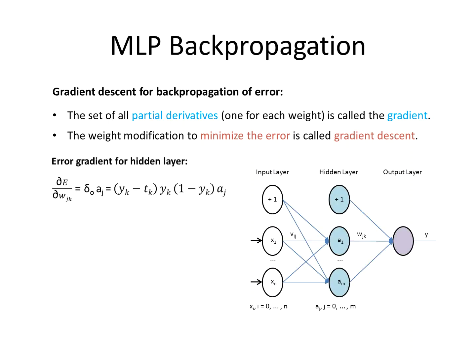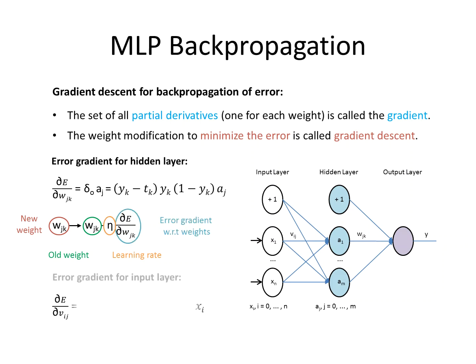Here, for the error gradient for the hidden layer, now that we have got the output, we need to move from the backward direction so that we can modify the weights. For that, the error gradient will be calculated by this formula, and after the error gradient calculation, we can modify the weight with this rule, where this is the new weight, this is the old weight, this is the learning factor, which I'll use as 1 for simple calculation, and this is the error gradient with respect to the weights.